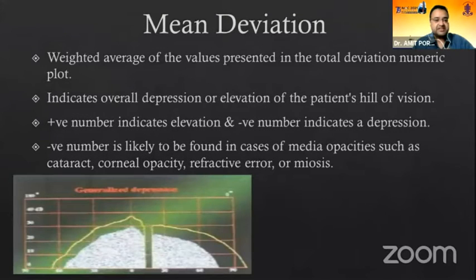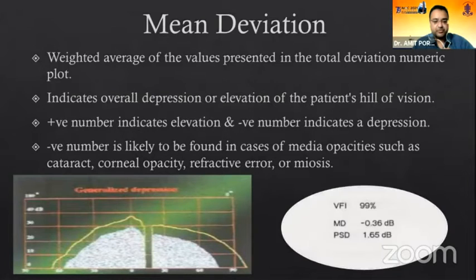Coming to the mean deviation, basically it is a weighted average of the values presented in the total deviation plot. It indicates the overall depression or elevation of the patient's hill of vision. A positive number indicates elevation and a negative number indicates a depression. A negative number is likely to be found in cases of media opacity such as cataract, corneal opacity, refractive error,